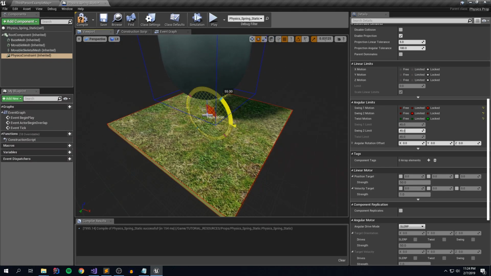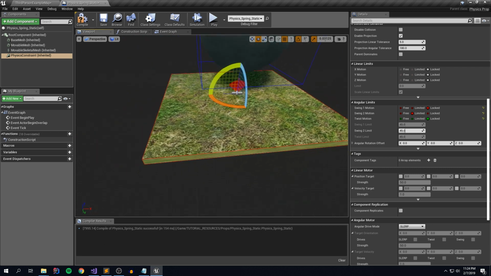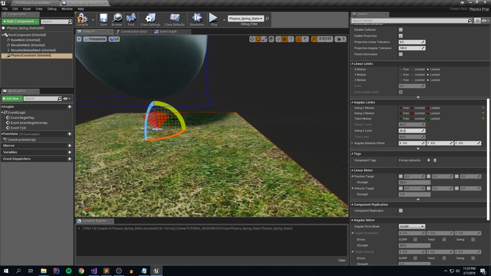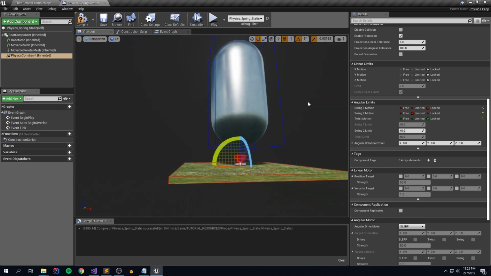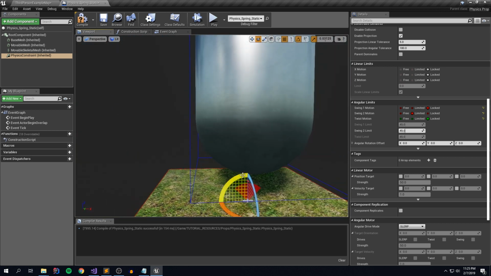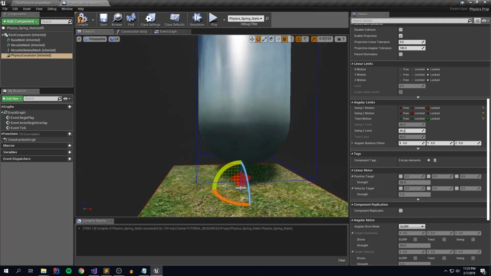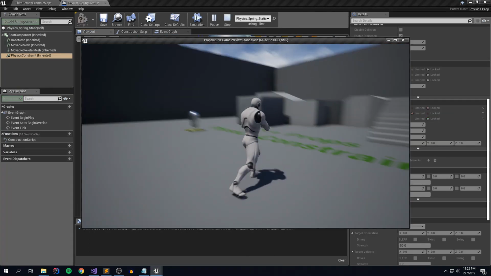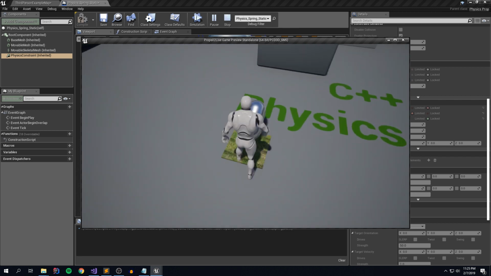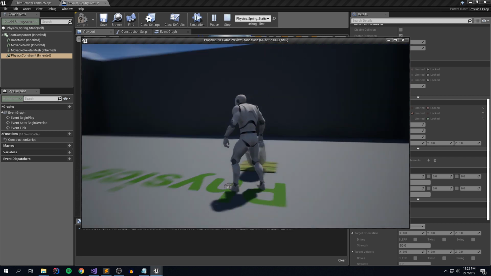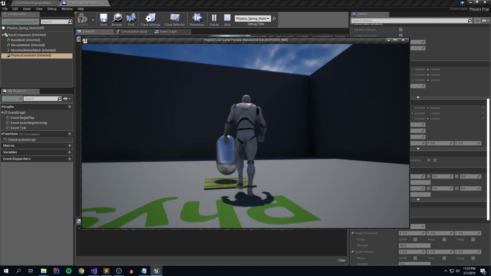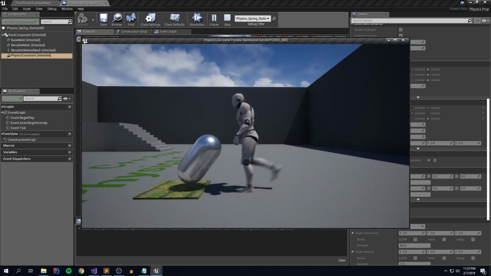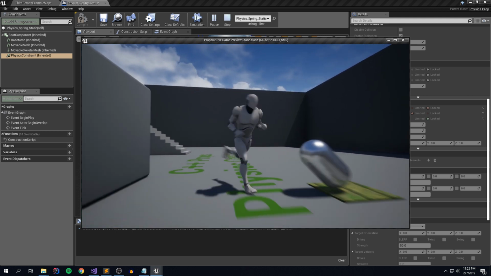So like any other component, we just drag it and rotate it by 90 degrees. And now we have that 45 degree swing in either direction going up from our z-axis. So now if we were to play this, you'll notice our little silver bullet there kind of goes back and forth